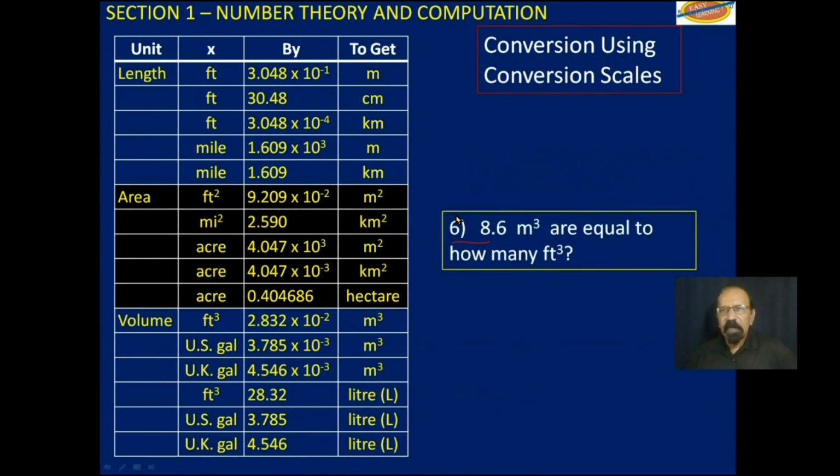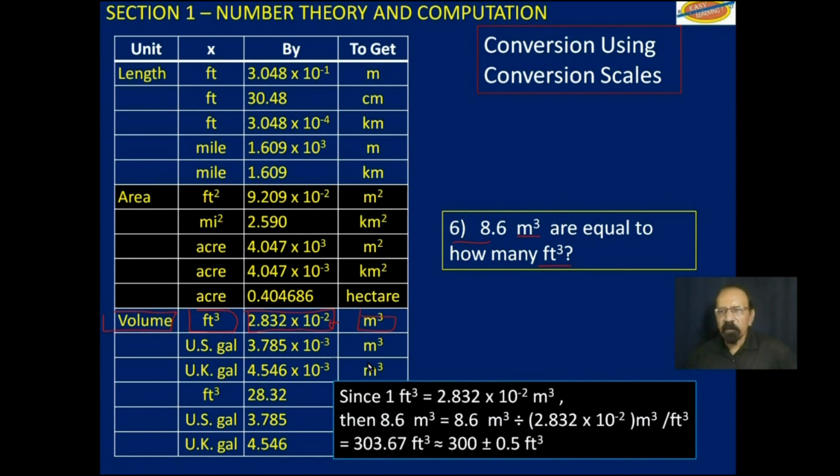Question 6, we want to convert 8.6 cubic meters to cubic feet. Now we are dealing with volume. We are dealing with cubic meter to cubic feet. If we were going from cubic feet to cubic meter, we will multiply by this conversion factor. But since we are going from cubic meter to cubic feet, we will divide by this conversion factor. So by now you know how that goes. 8.6 cubic meter divided by the conversion factor, and we get